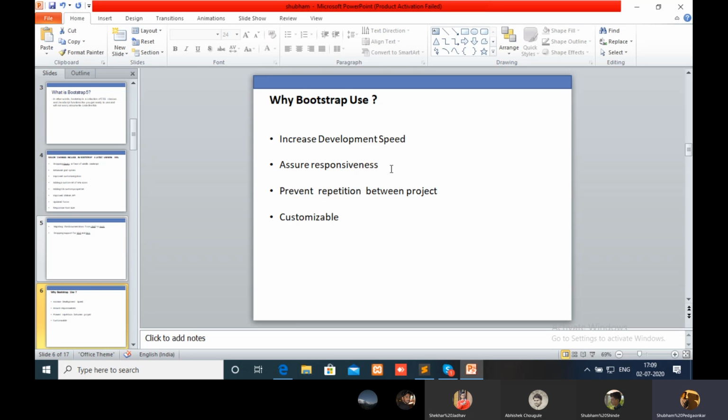If we want to increase our speed, that is where Bootstrap comes in. Second, it assures that whatever page you create is totally responsive. That is a benefit of Bootstrap.